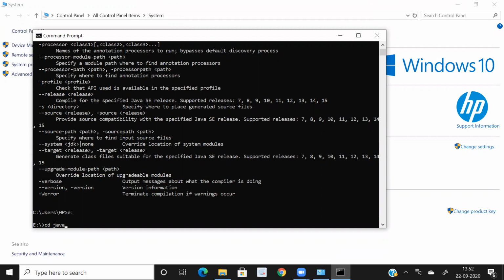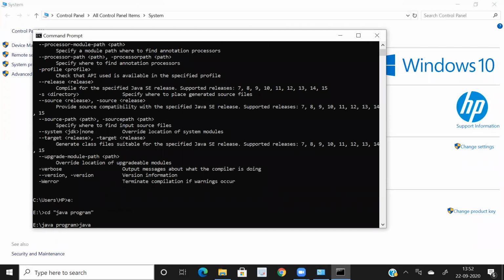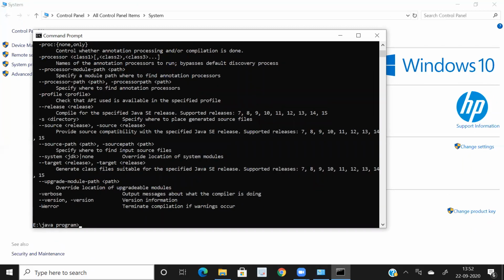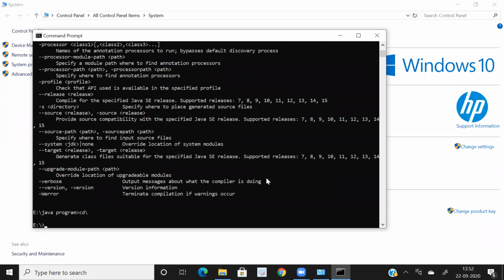So I will go into Java, CD Java program. Now check here also javac. So there also. So I have set my environment variable. I have given a path to my environment variable as E colon Java JDK 15 and bin. So I can now execute javac from anywhere.